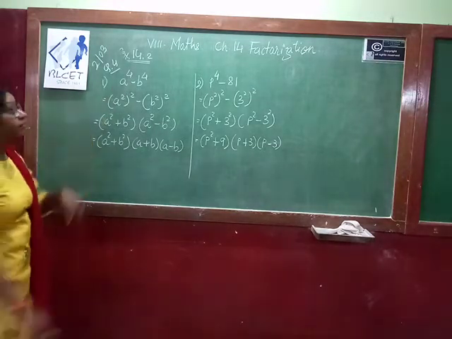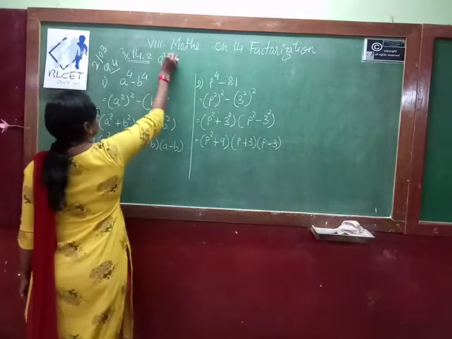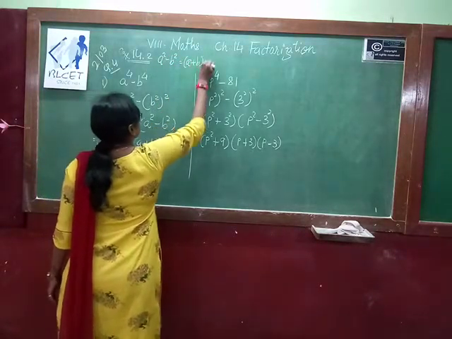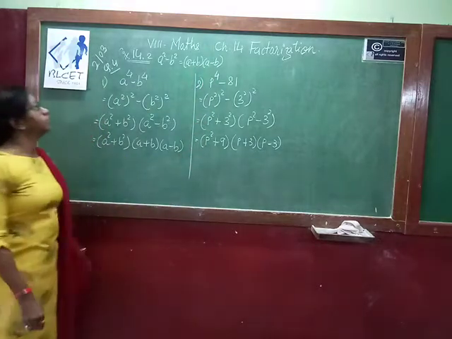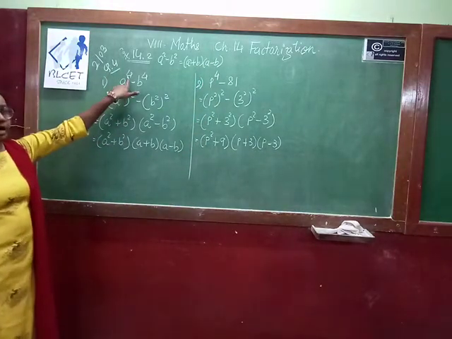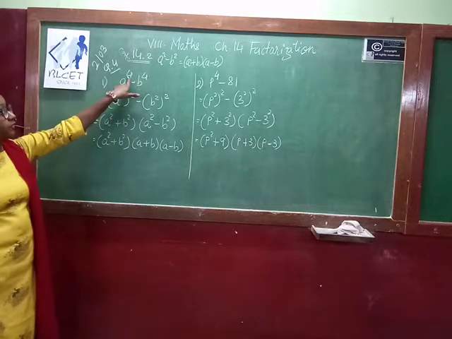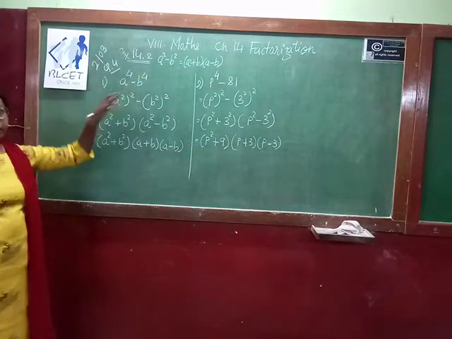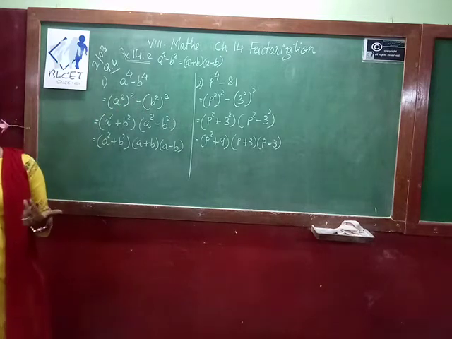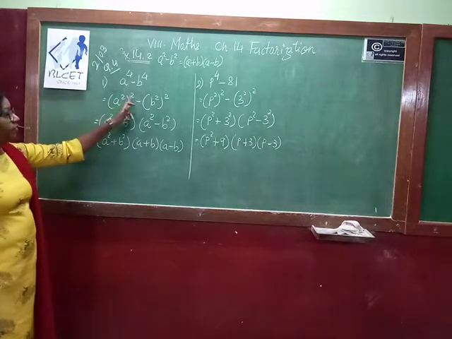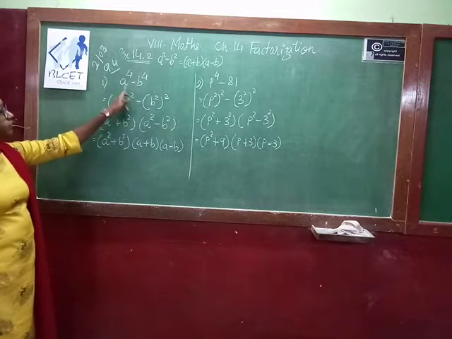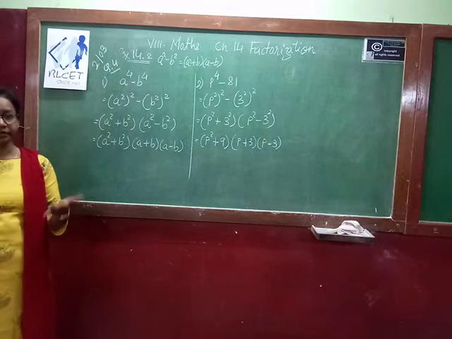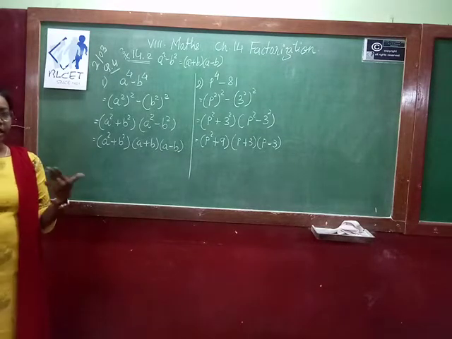We know the formula for a square minus b square is equal to a plus b, a minus b. So what we have to do? We have to convert this power in terms of square. So what we can write? A power 4 we can write as a power 2 whole power 2. We have to use here laws of indices, laws of exponent, that power of power, when you do the multiplication, 2 into 2, again you are getting the same power. So by doing this we are not changing the question, but we represent the question in another way.